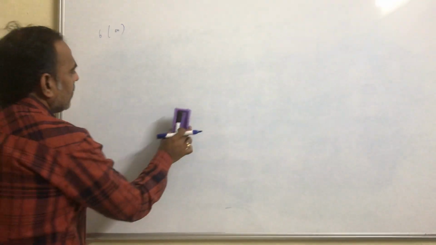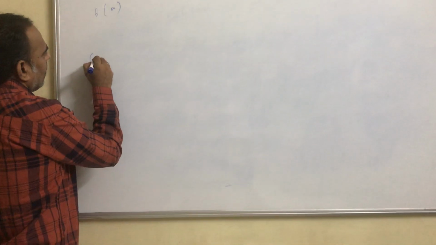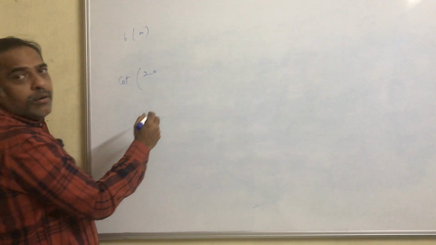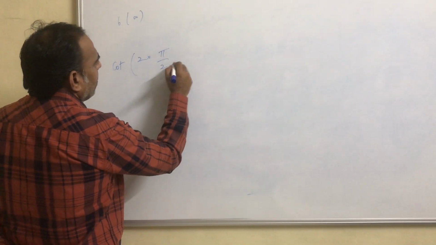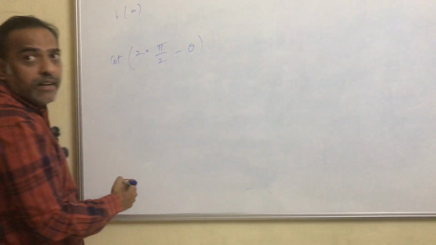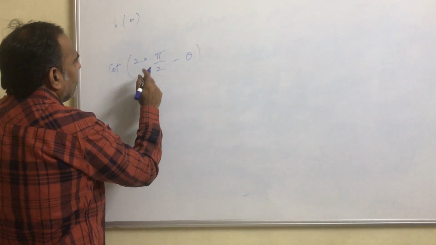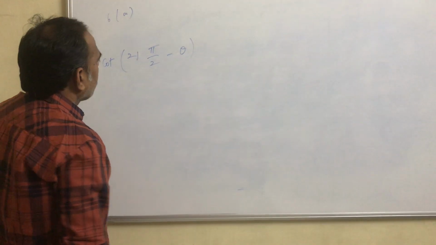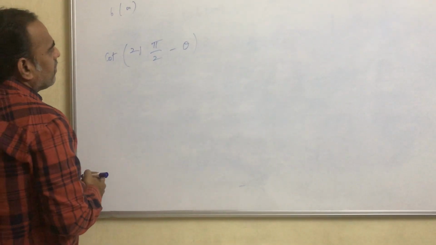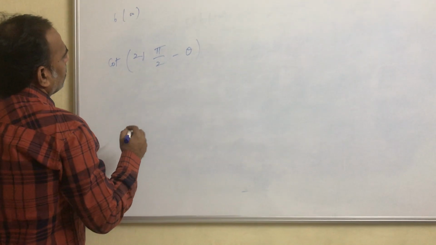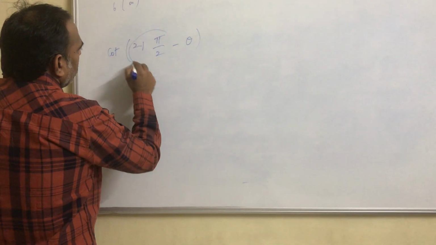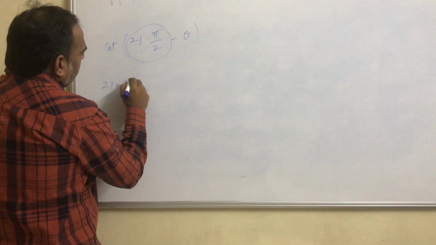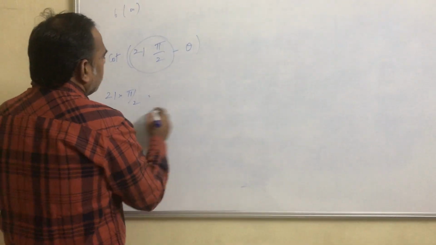Now write down the second problem. Cot of 21 into pi by 2 minus theta. Okay, it is not 2, it is 21. To solve this type of problems, we should know how to write 21 into pi by 2 first, right? 21 into pi by 2 can be written as